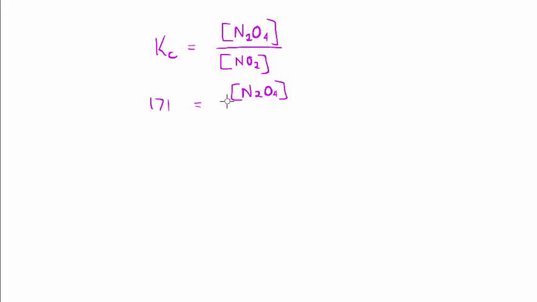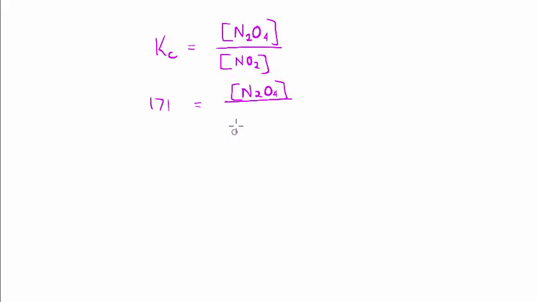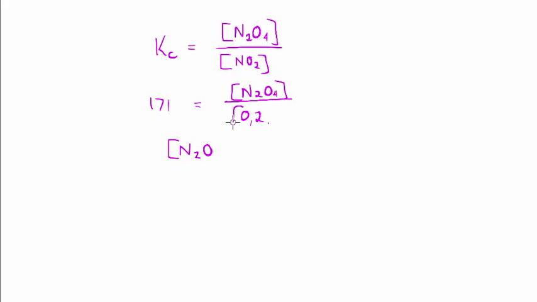N2O4 is unknown. NO2 is given a concentration of 0.2, and I forgot, this must be to the power of 2. Okay, and so the concentration of N2O4 at equilibrium is